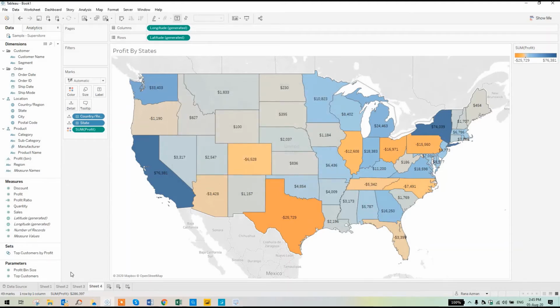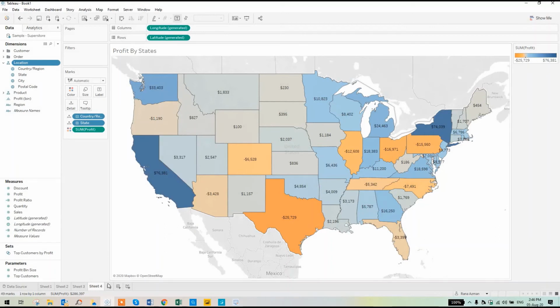Yeah, so now we have created 4 types of visualizations. Also, one more thing, as you can see these folders over here, or this hierarchy icon over here, this icon shows that the customer folder has 2 types of fields. You can also define different types of folders as you want, but these come predefined in most cases, or in this data source. Otherwise you'll have to create these folders. This hierarchical structure shows that this is a hierarchy. Like the country region is the level 1 hierarchy, then the state is level 2, third is the city, and fourth is the postal code. Same is with the product. You can also change different types of views like this.